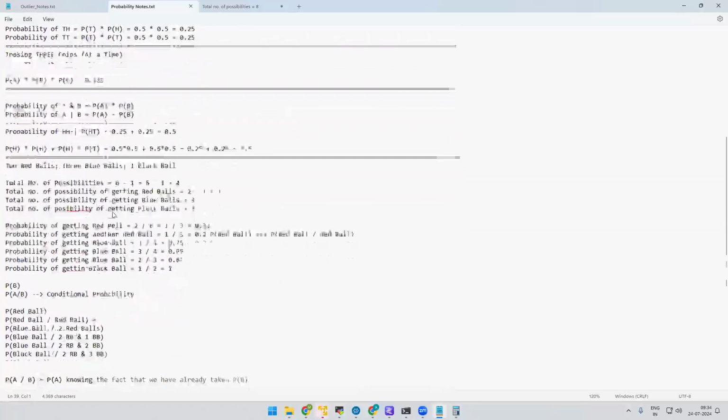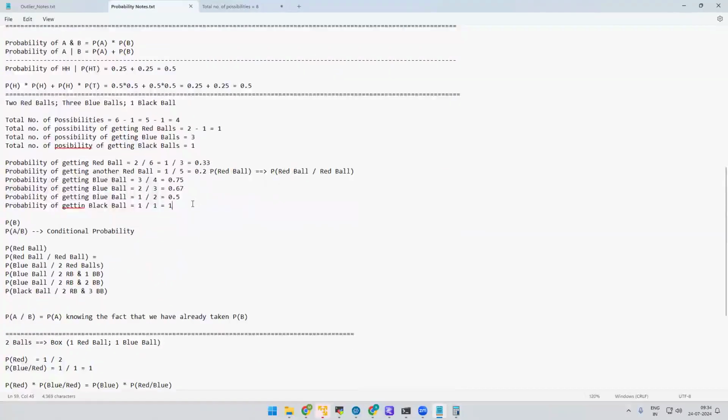Tossing 3 coins, we have seen it. Now the question is, let's say that we have a basket wherein we have 2 red balls, 3 blue balls,